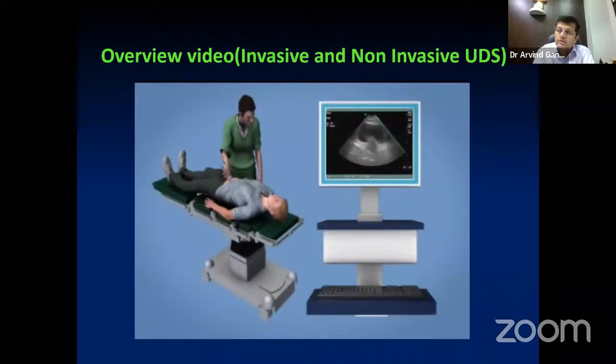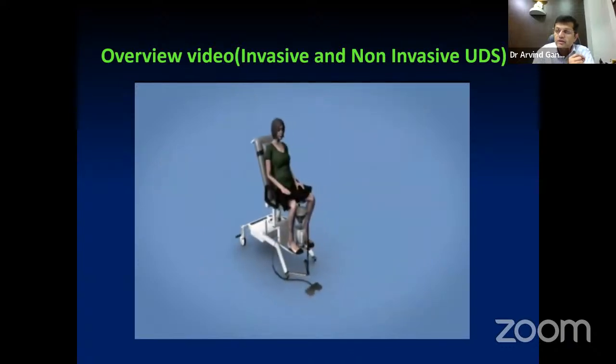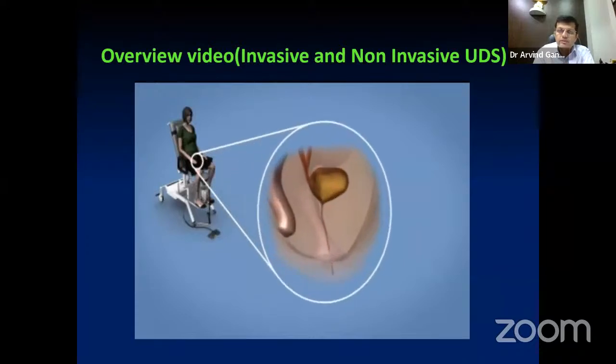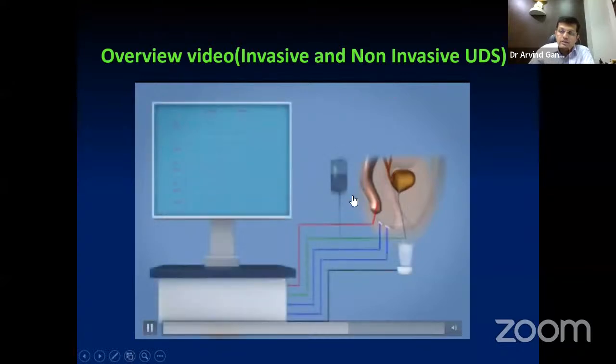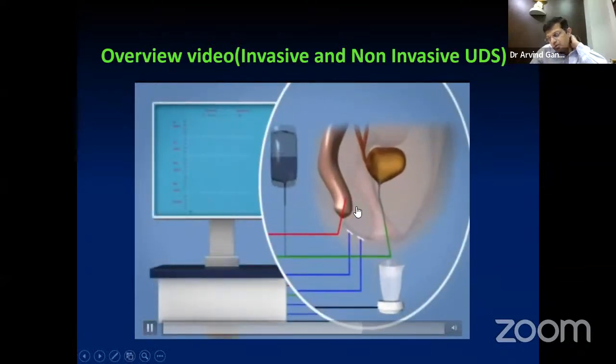Why is it important to understand the bladder capacity? Because that will decide your fill rate. Fill rate is very important whenever you are doing an invasive urodynamic study. Which probes are you going to keep, and what are the functions of all these probes? What are the pressures that you want to see? You want to see the abdominal pressure, and then the detrusor pressure. For the abdominal pressure, you will have to insert the red colored catheter that goes into the rectum, which will help you understand the abdominal pressure.